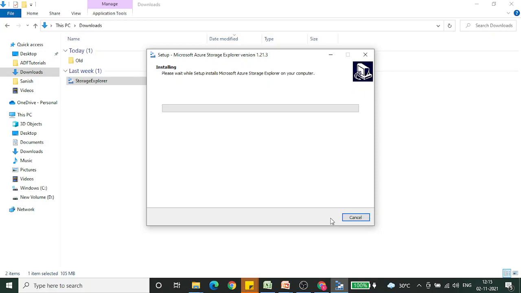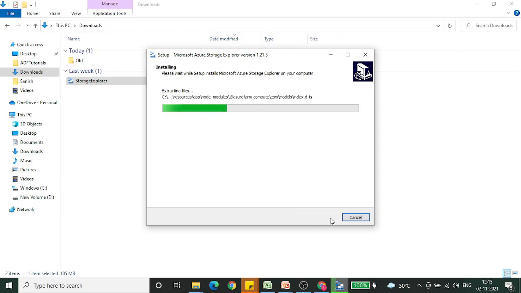Basically, we are using Azure Storage Explorer in projects in a scenario where the customer does not want to log into the Azure portal with its subscriptions and then go to the storage account, go to the containers, go to the individual folders in order to upload or download a file. The benefit of this Microsoft Azure Storage Explorer is that if anybody wants to quickly get into the connected storage account with an application, then this application will be helpful for them.